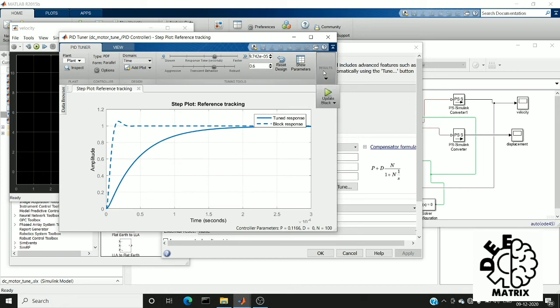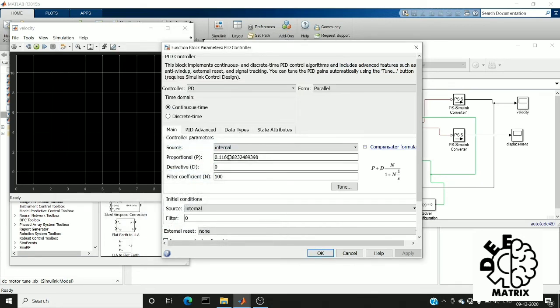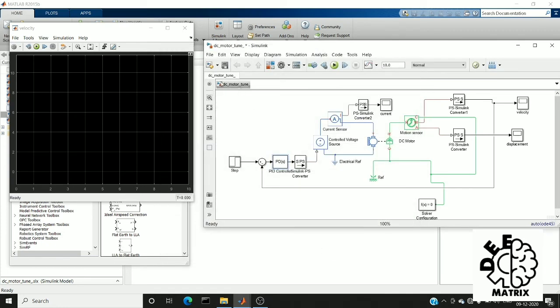Since it is a demo video, go to result and update block. Here we get a proportional value, and the derivative value is 0. Click OK. Now I'm going to run this. Here you can see there is no peak at this point, and it is constantly running at an RPM of 10. This is how we can use a PID controller or a PD controller to tune our response.